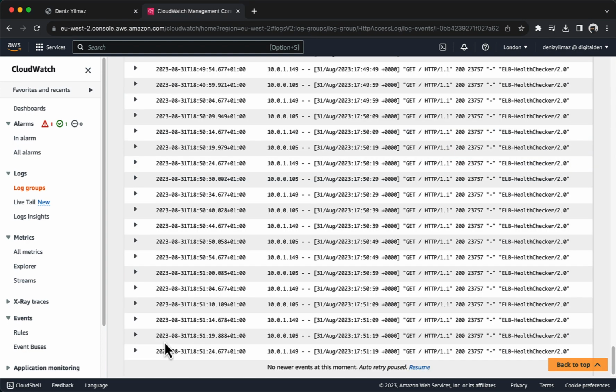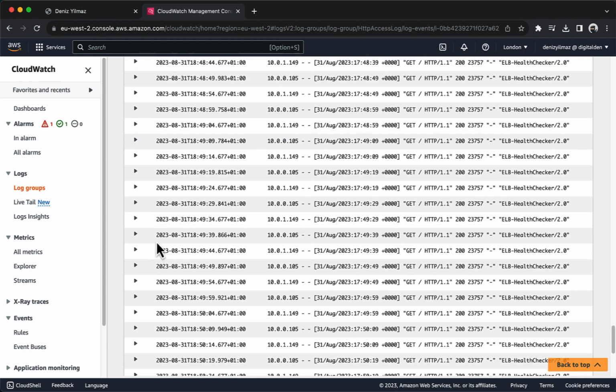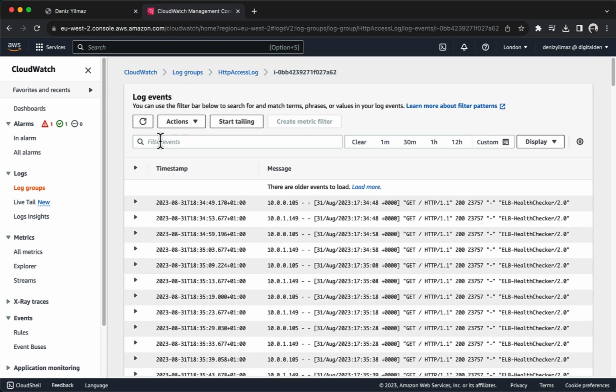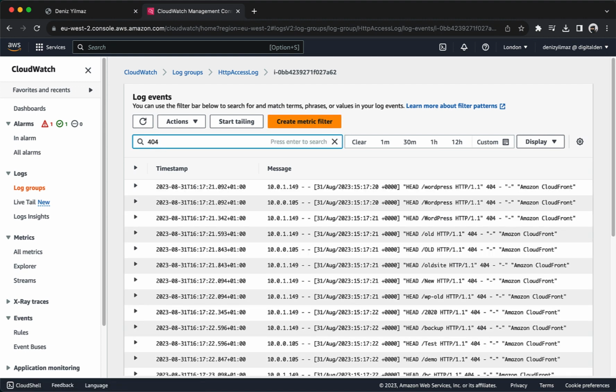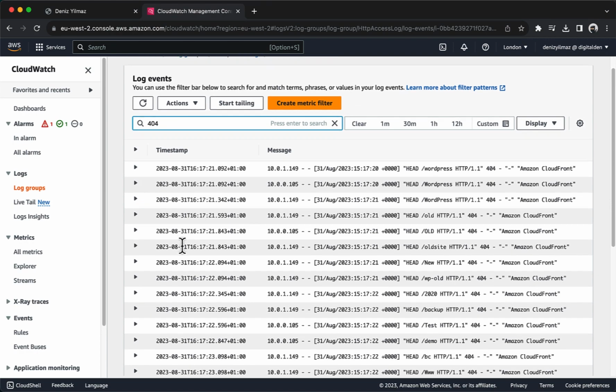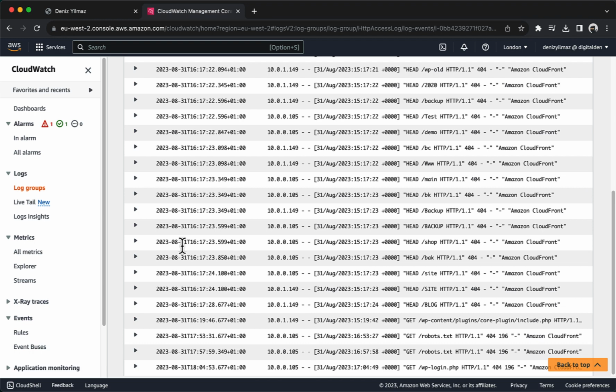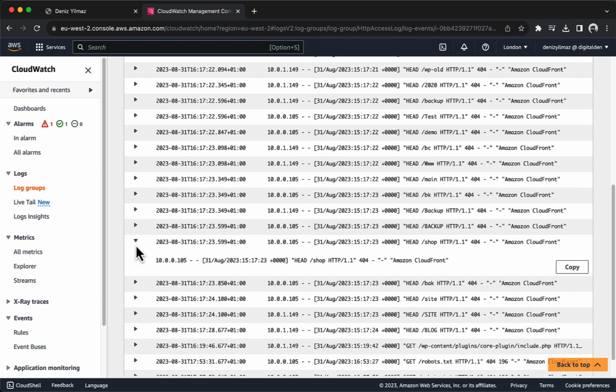Log data should be displayed, consisting of GET requests that were sent to the web server. You can view further information by expanding the lines. The log data includes information about the computer and browser that made the request. In the search box, enter 404 and press enter. You should see lines with your start request with a code of 404, which means that the page was not